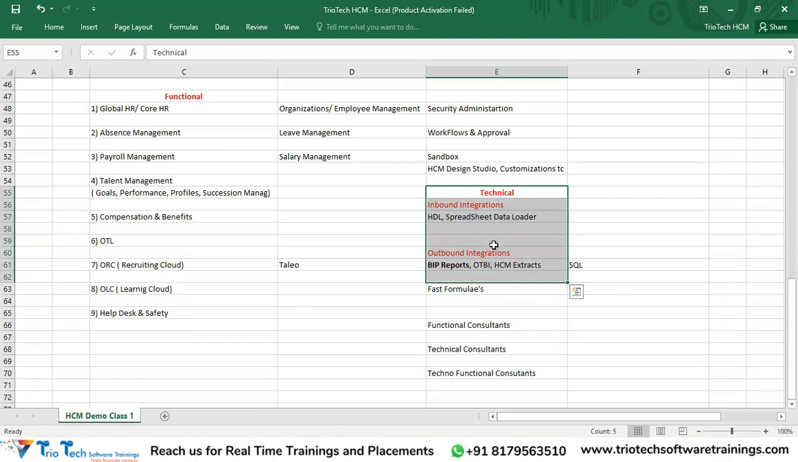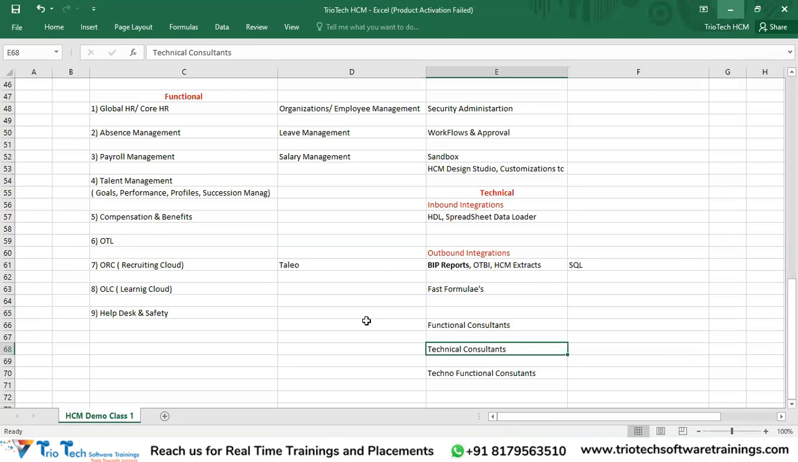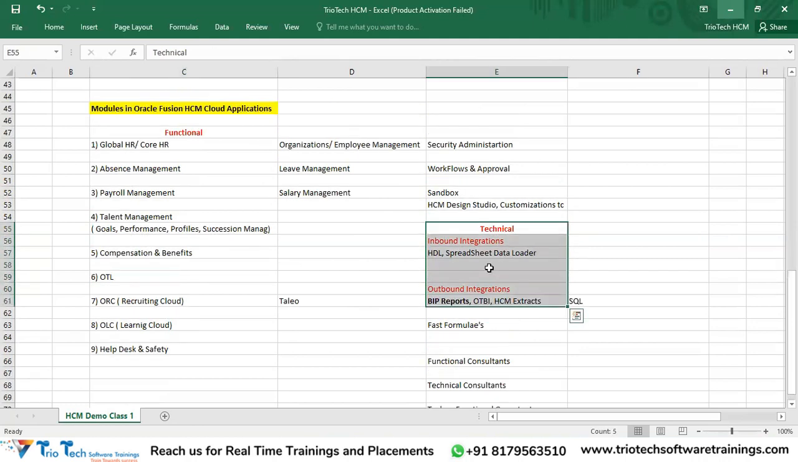But here, team, the market is not really looking for only technical consultants. Let me give you an example. Take any project team, let's suppose 6 to 7 HCM resources are there. Out of that, 4 to 5 people will be functional consultants, and only 1 person will be a technical consultant. That is sufficient. In any project, the technical consultant's work is unlike in E-Business Suite. In E-Business Suite, the technical role is very high. The technical consultant used to have a very bright future and very good